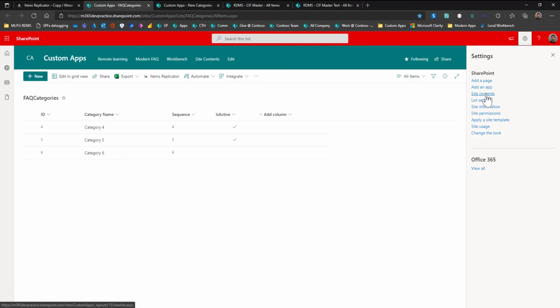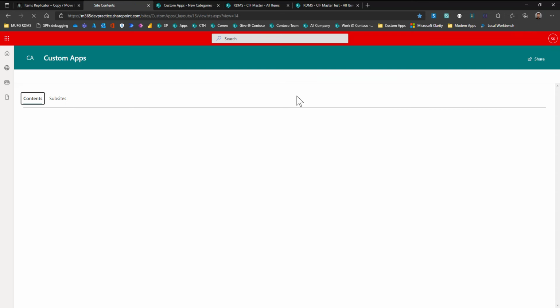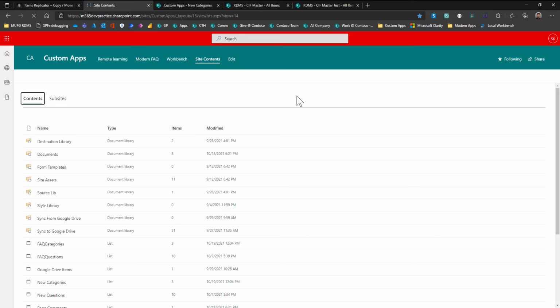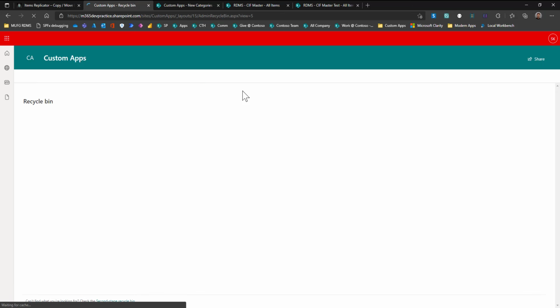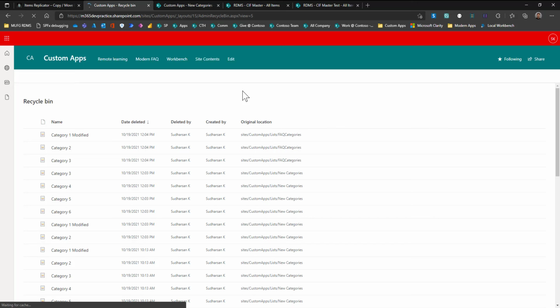If you go to the recycle bin, you can see the items that are deleted from the source list. And at any point of time, if you think that you accidentally moved the items, you can go to the recycle bin and restore the items, as long as it is configured to be maintained in your recycle bin.